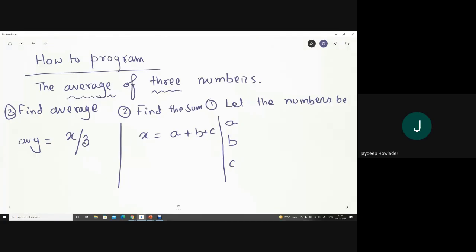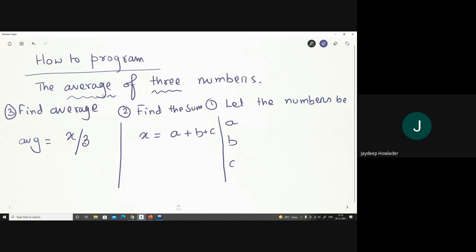So getting inside of this problem, what are the main things that we have to understand? There are three numbers, that is one part, and there is a computation which is called the average.